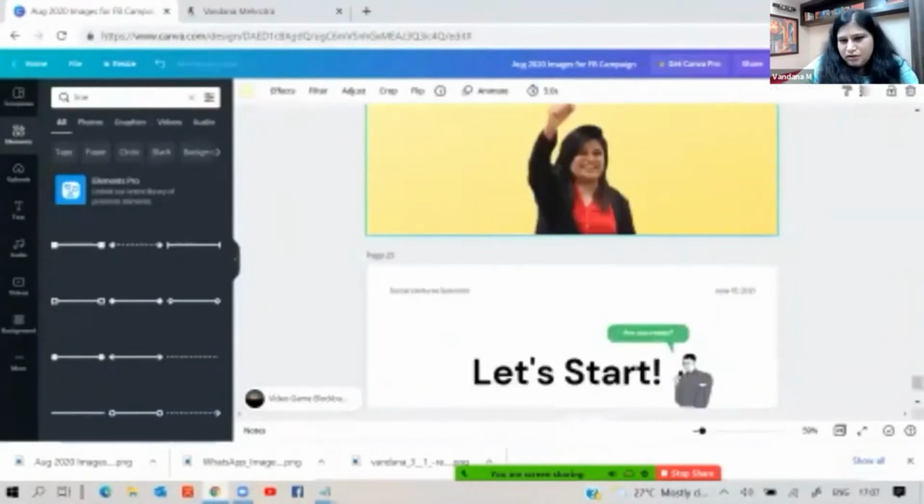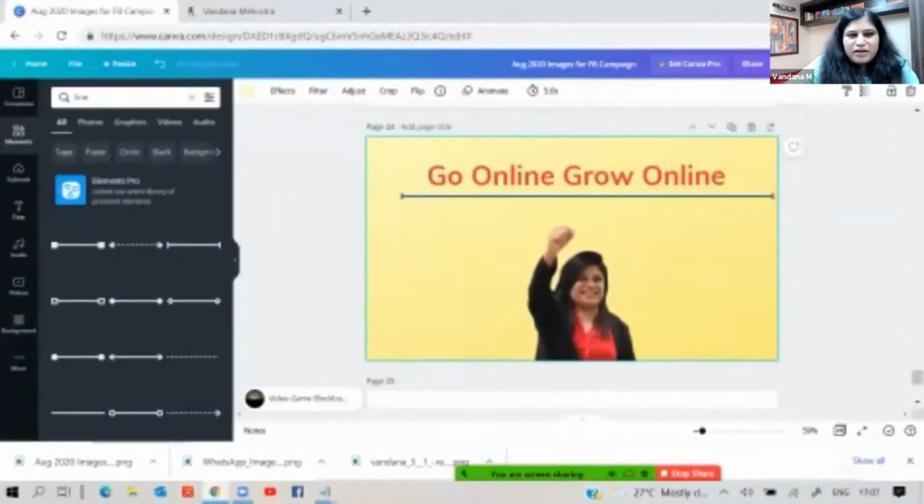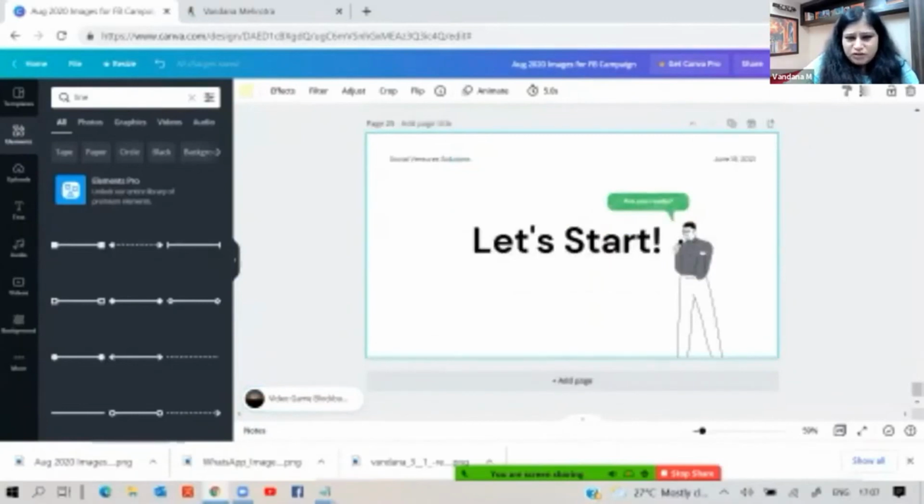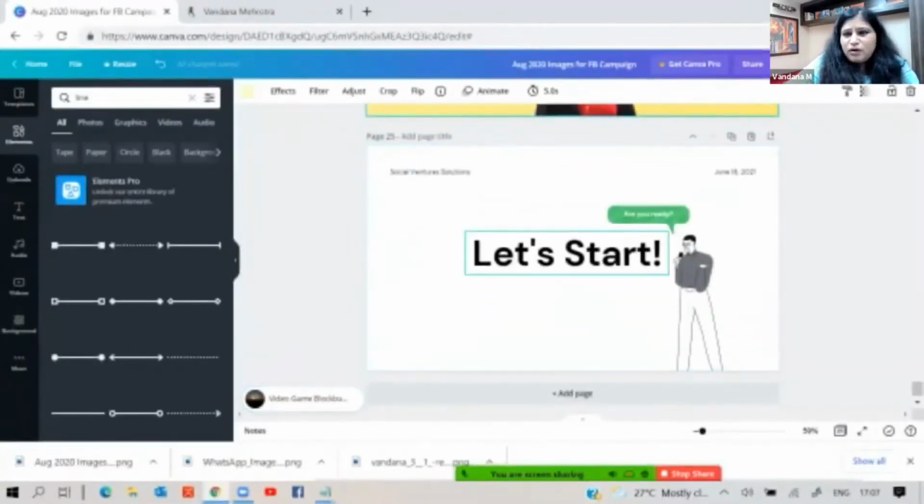So this is how you add text, how you upload your stuff. Look at the elements. The templates are default built-in templates. Audio is music. Videos, if you want to add some video, we will see. So for this one, I added some music here. Now I want to download this as a